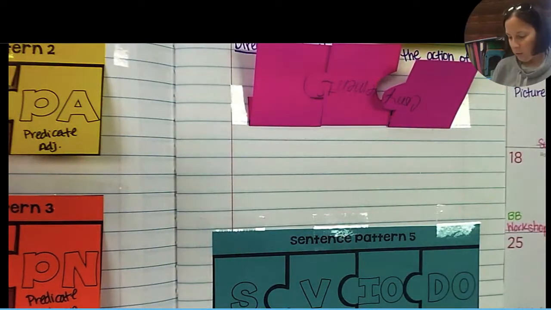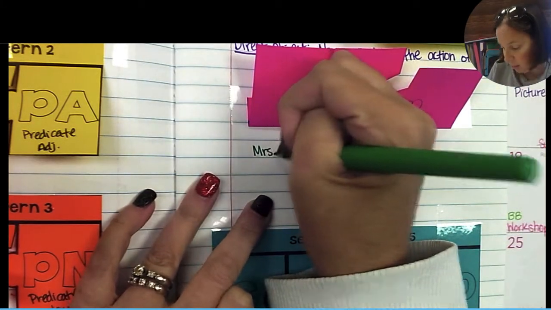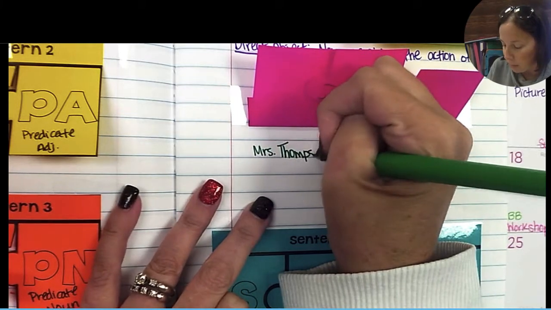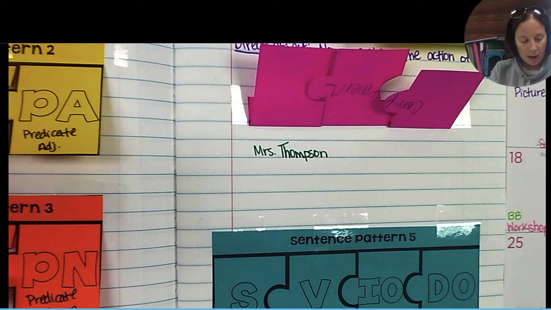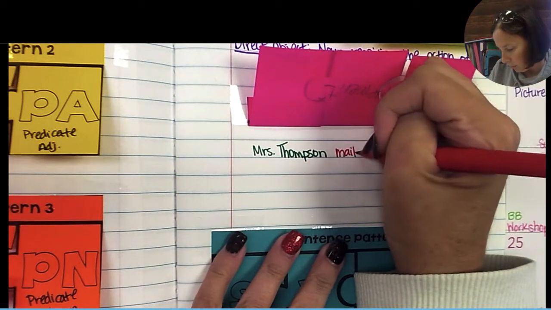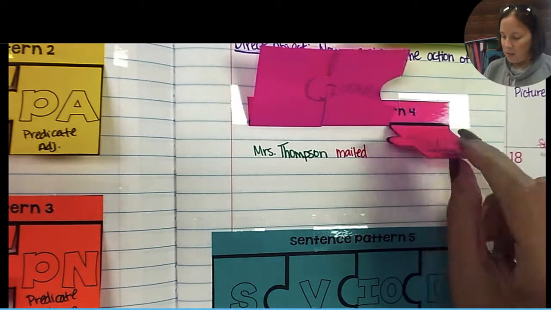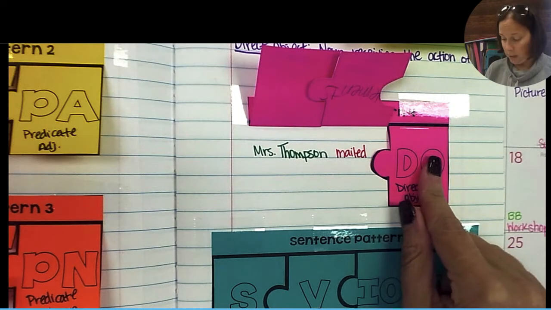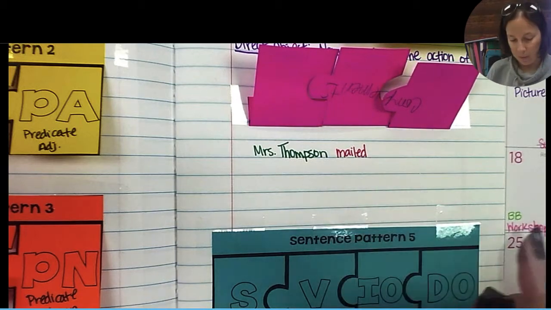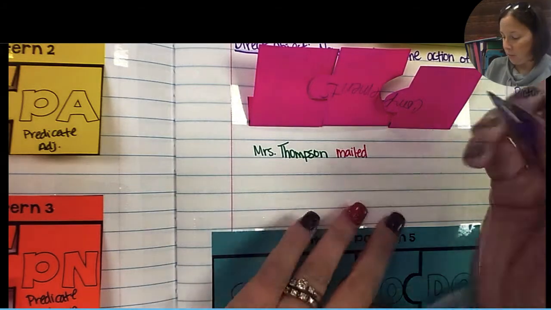Okay, so we are going to keep our wonderful subject, Mrs. Thompson. I'm excellent to write about. So Mrs. Thompson. Now, this time I'm going to want an action verb. So I'm going to use mailed. Okay. This is going to be a noun. Okay, so a direct object is a noun that receives the action of the verb. So I'm going to say that I mailed